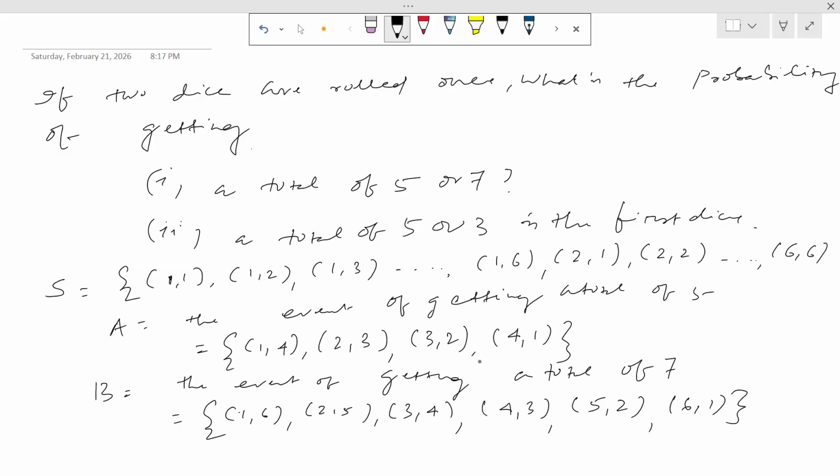Okay. Very good. So then how many? 1, 2, 3, 4, 5, 6. Similarly, what will be the C? C is the event that 3 occurs in the first dice. So this is very clear, right? What is C? C is